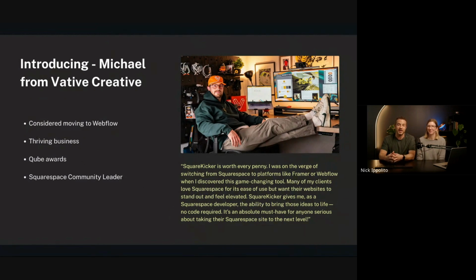So he's a pretty amazing, phenomenal designer, and it's just really cool to see him use Squarespace to a level that I think we didn't even know was possible until we saw what designers like him could do with it. And he is an artist first, not a developer. So he wants to focus on the work he's looking at visually and be able to visually create that in Squarespace. Even with Squarekicker, that has allowed him to be really successful.